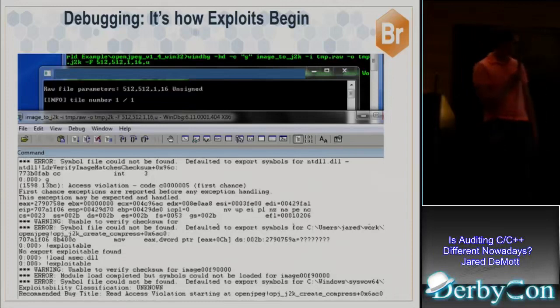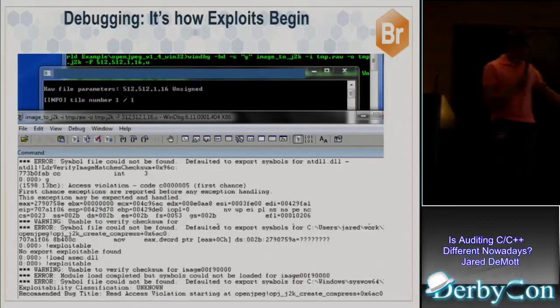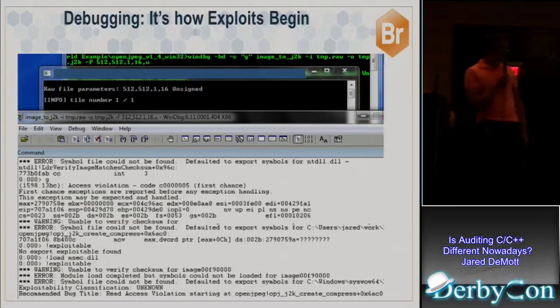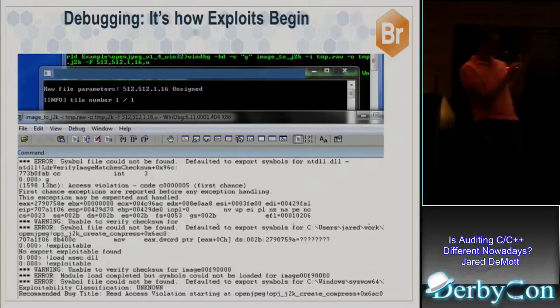You see that WinDbg fires up, and there's an access violation, C0000005, which is typical, a memory write or read type access violation. And you look at the registers, which I don't know if you can really see from the back of the room, but you see that we're trying to move from [EAX+C], which means dereference, and the value of EAX was 2790759A.